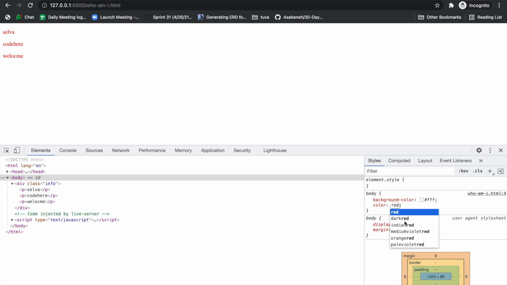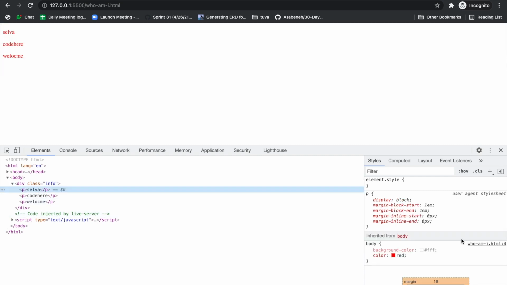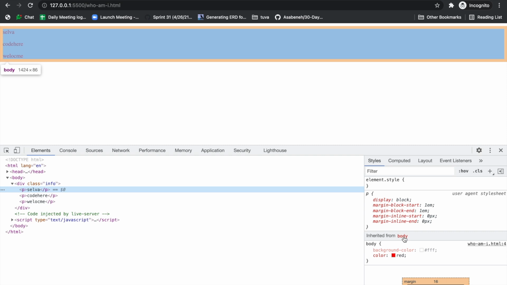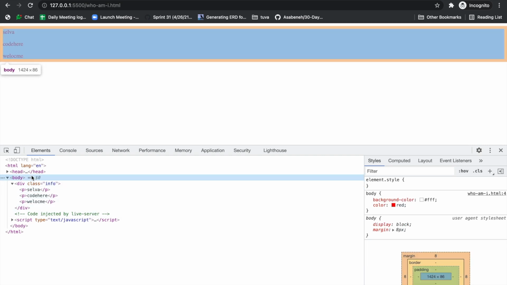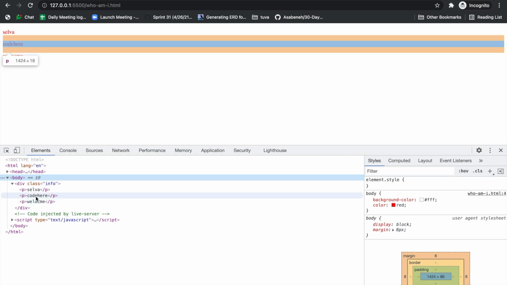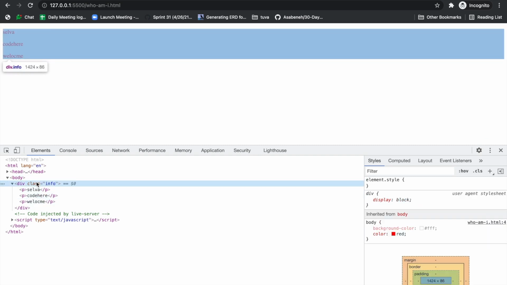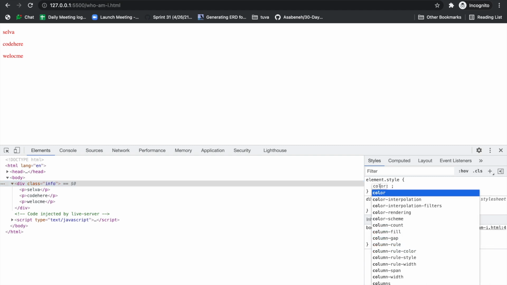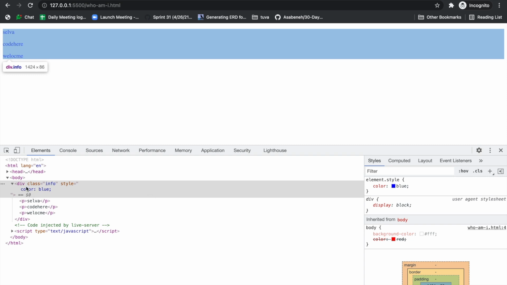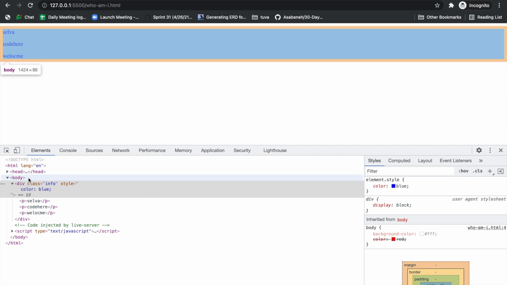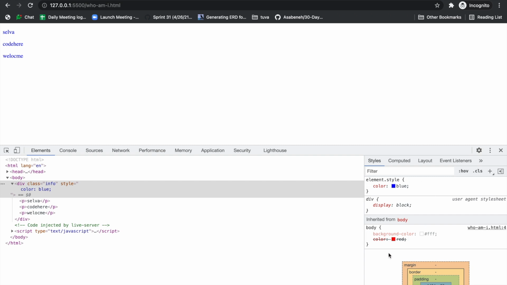The p tag has changed. You right click the p tag. Yes, here it is inherited from body. So the color is inherited from body. Body has color red, which is inherited by the p tag. Before that, if you have a color on the info class, say color blue. See, now those colors are directly inherited from info itself, not from body. We have overridden it, right? Let's remove this. Yes, this is how we can override it.